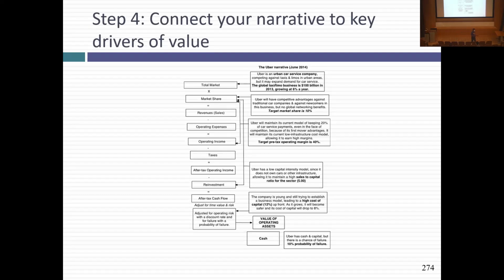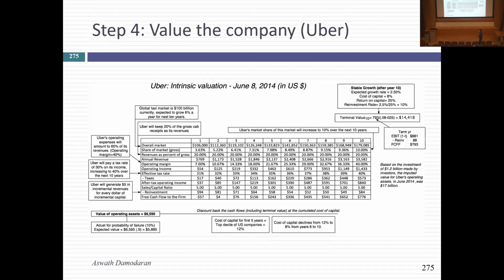So I've got my story converted to numbers. Once I've come up with that, the valuation kind of does itself, right? I've got revenue growth, I've got margins, the rest is pure mechanics. I could probably mechanize the process. If you tell me a story and give me the inputs, valuation. In fact, that's what the FCF Ginzu spreadsheet is. It's really not a spreadsheet to value companies. It's a spreadsheet to make your story into a valuation.